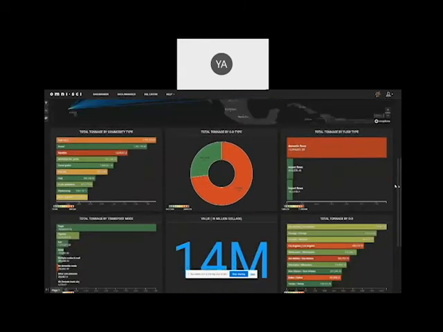At the same time, you can see other measures. For instance, I have here a chart of total tonnage by commodity type. I have total tonnage by OD type. They're just different measures